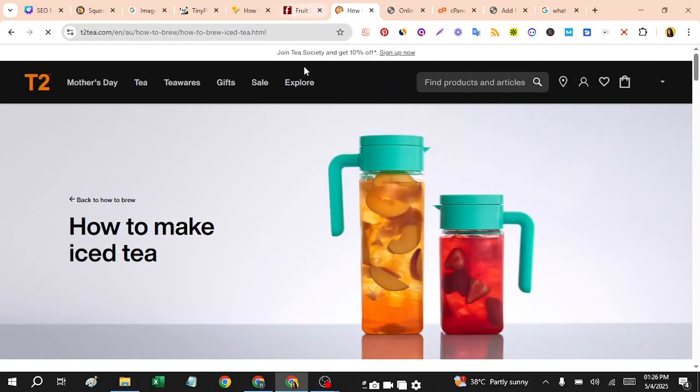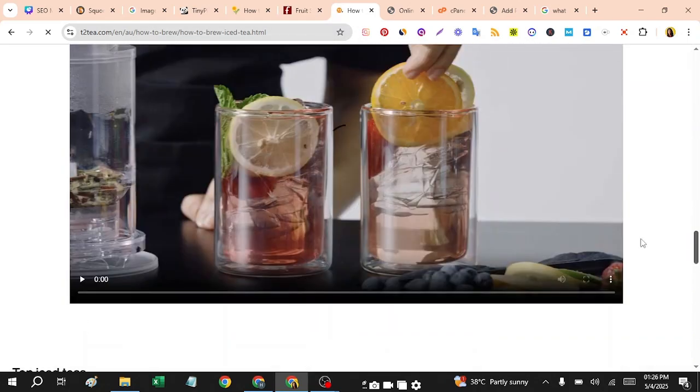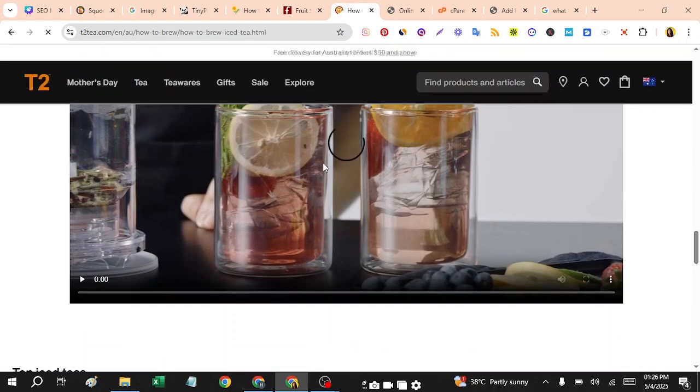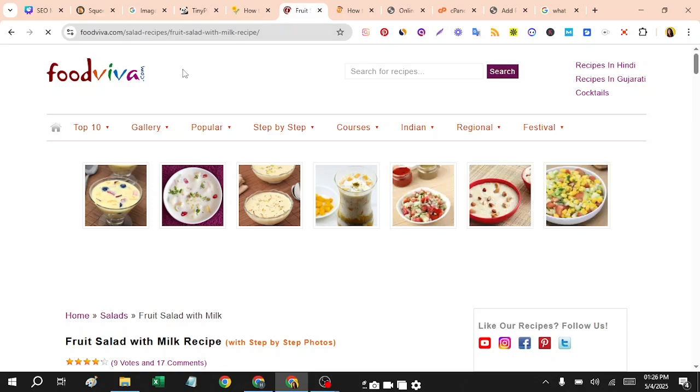which has optimized images. This is t2t.com, which I personally really like. The video quality is so good. Here you can see the first image. This image quality is also good. Moving toward another blog, which is